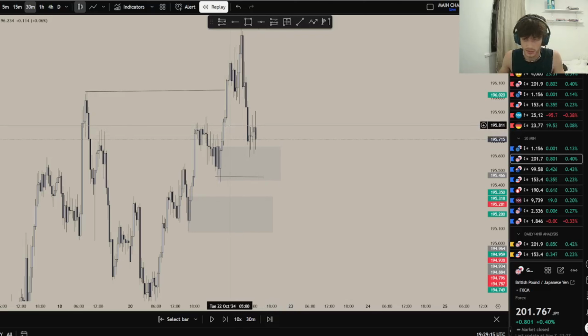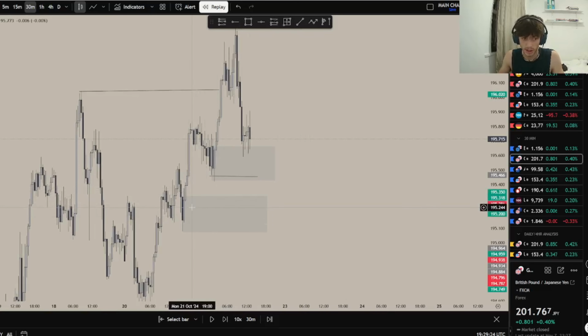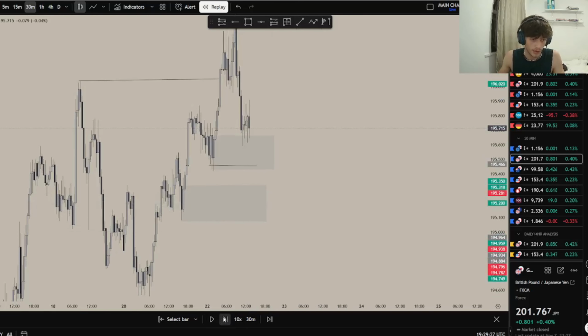Because for me, this is not valid, as there's no resting liquidity here. Liquidity is all the way up here. It's not interesting to me. I'm looking at this area. This is the most discounted price that I'm interested in. So I wait for price to fake out all of these people here, and then I wait for this huge